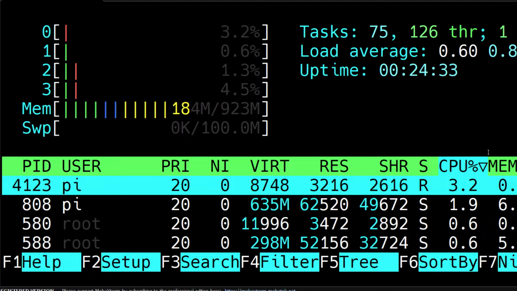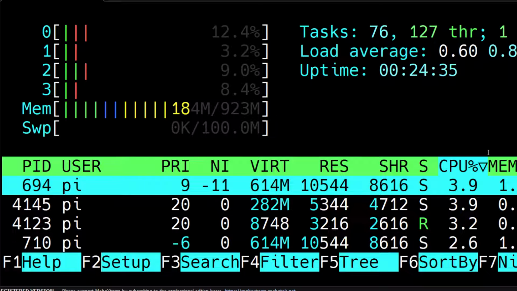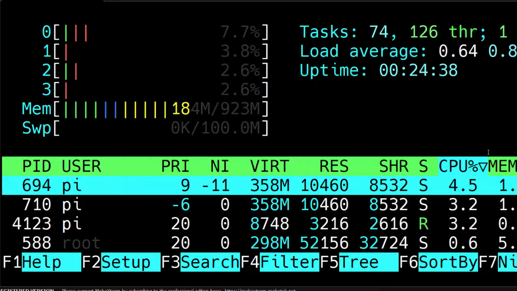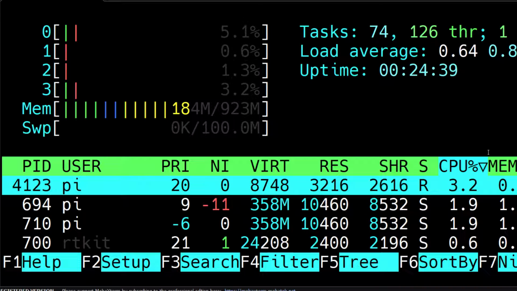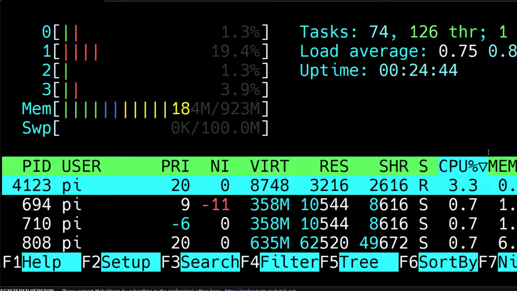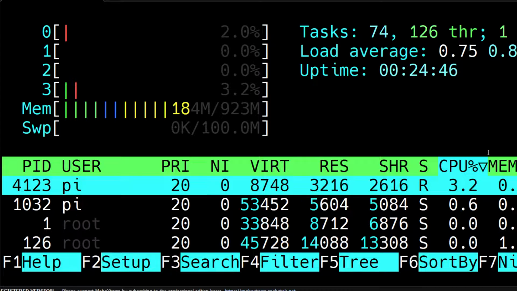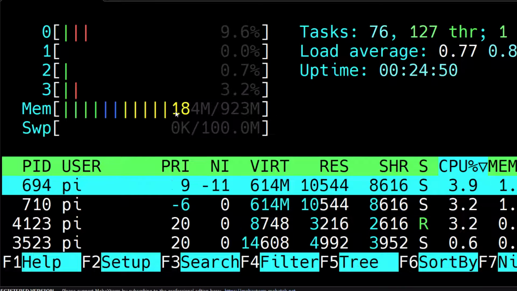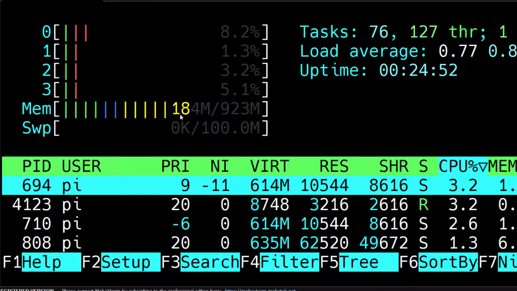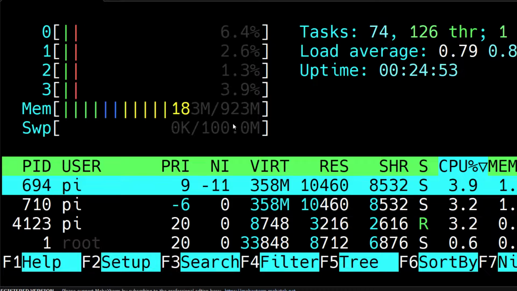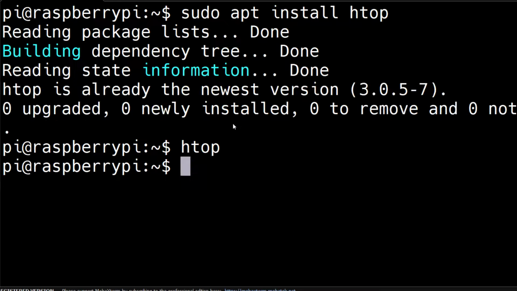It is also showing us the CPU utilization graphically. As of now, there are 4 cores in this Raspberry Pi, so it is showing us the status of all the 4 cores. And we are also able to see the memory. Okay. So it has got 1 GB of memory and 184 MB of that memory is occupied. You just need to hit Q in order to exit.